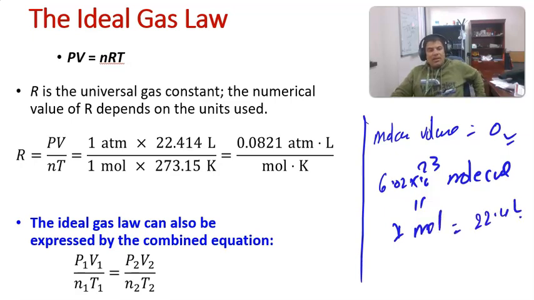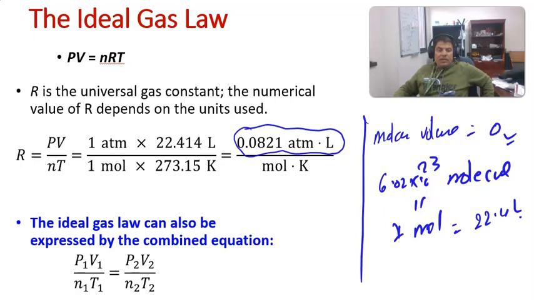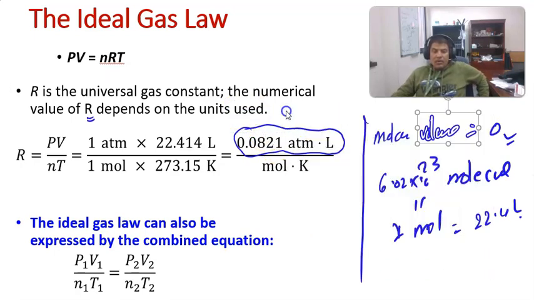You should remember that. So the ideal gas law tells us that the product of the pressure and volume is equal to nRT, where R is the universal gas constant. The numerical value of R depends upon its unit, but it is generally 0.0821 atm liter per mole per Kelvin. That's the gas constant R. And this is the ideal gas law. So the ideal gas law is said to be the product of the volume